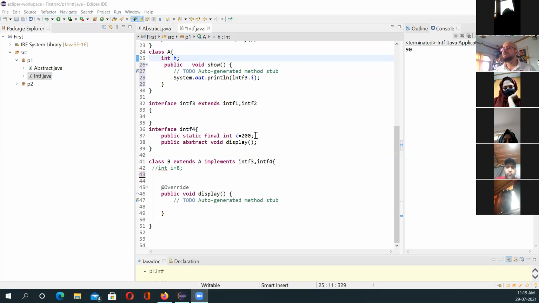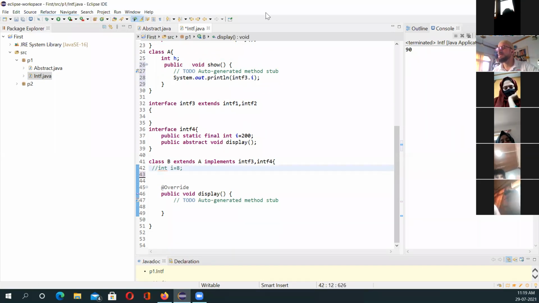Yeah, we have less than 1 minute left. So anyway, what I'm saying is that I am implementing this multiple inheritance. Firstly, this is